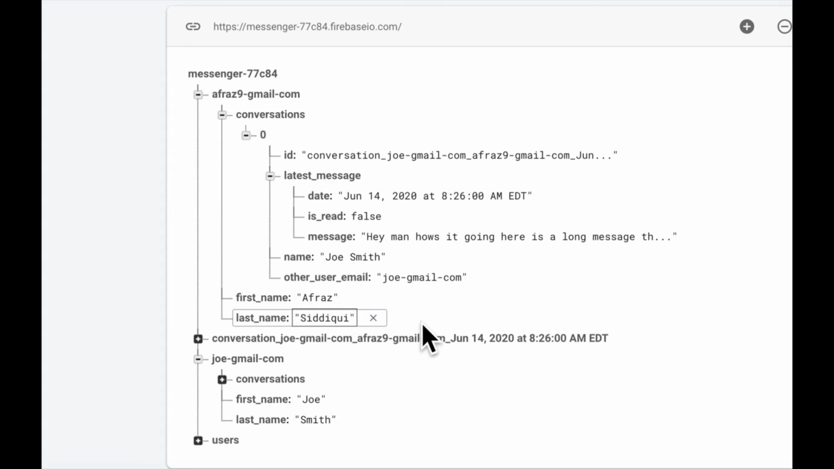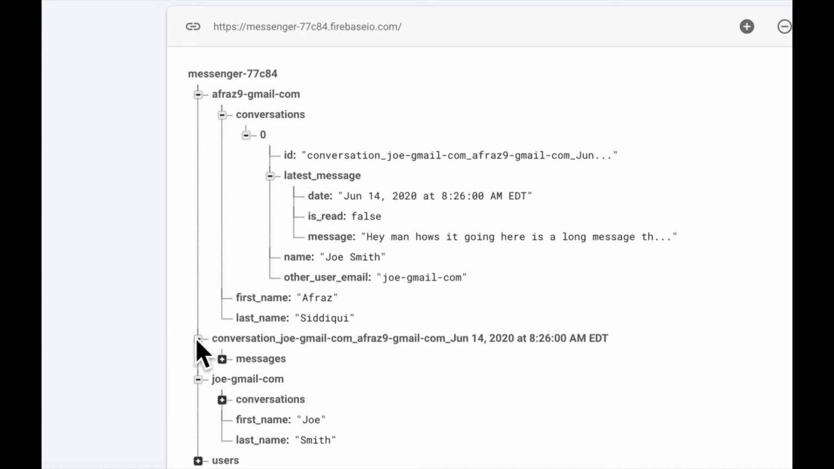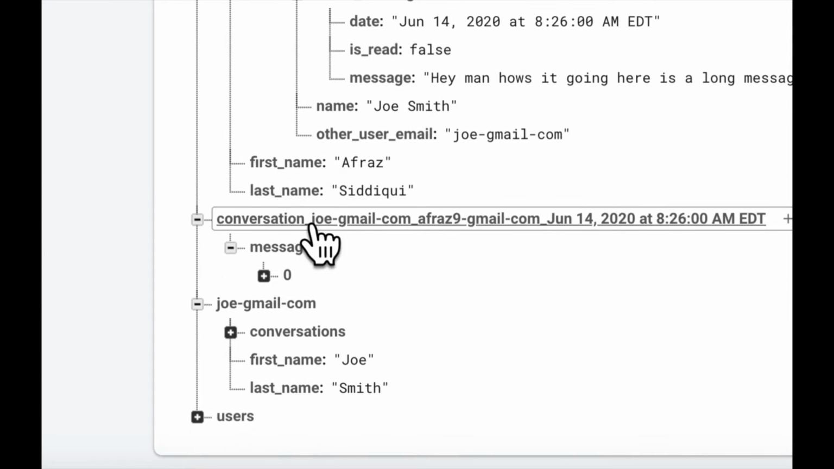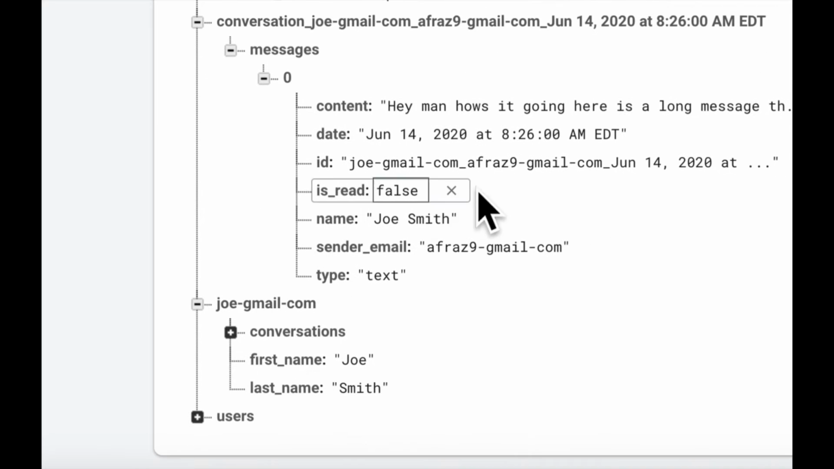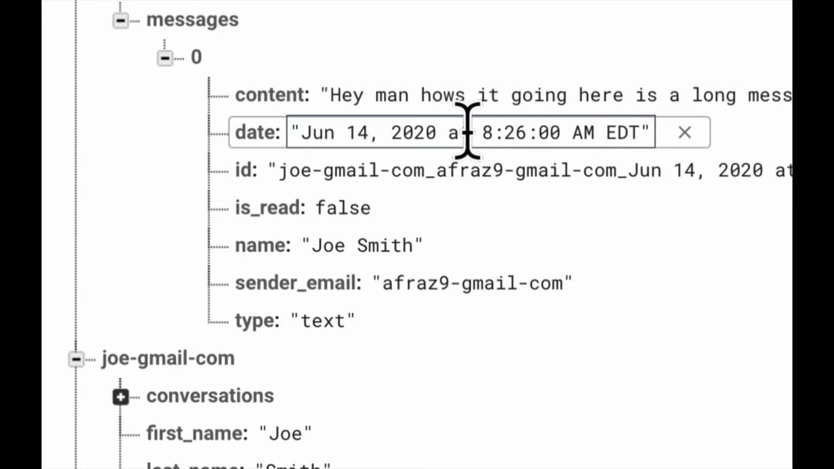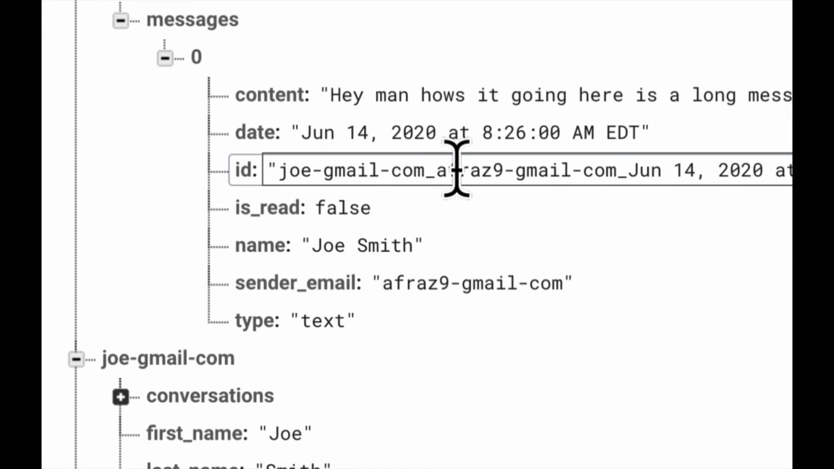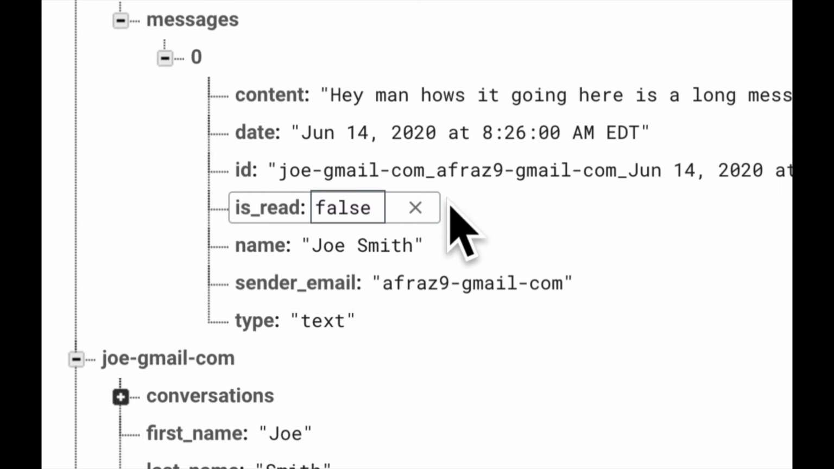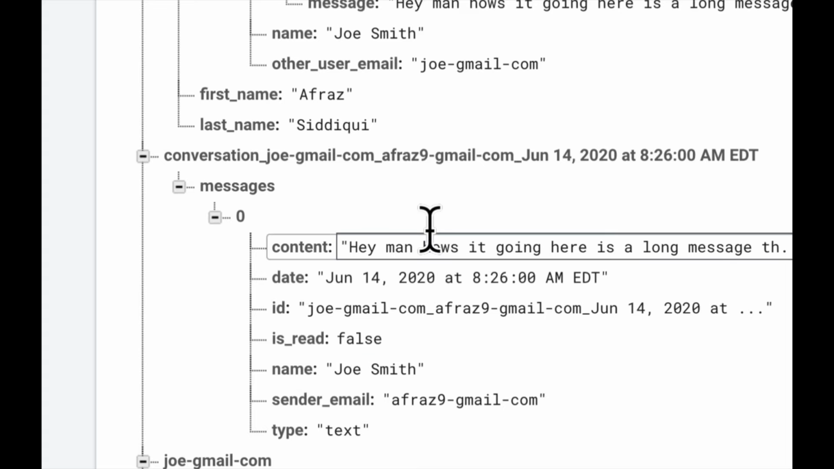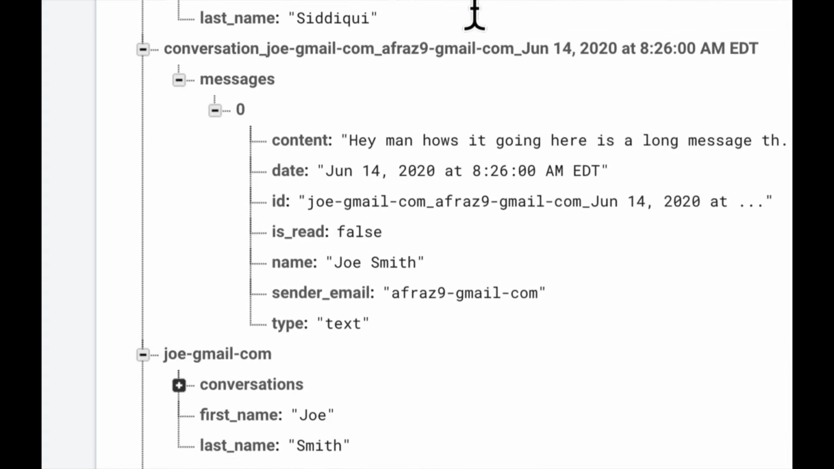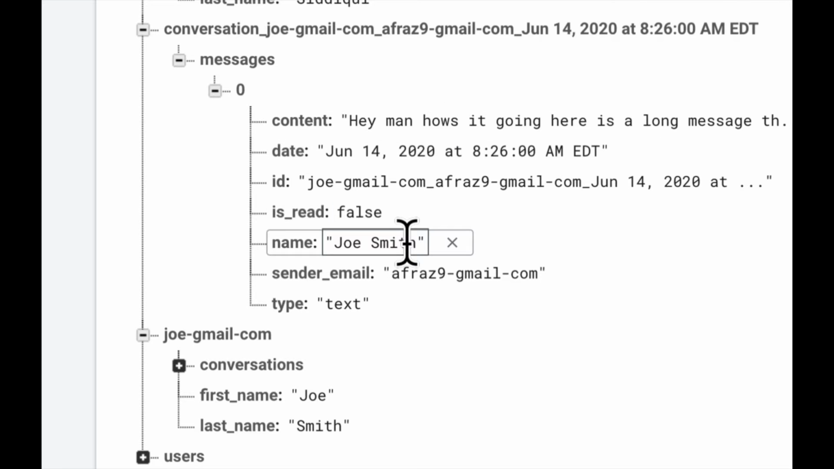because what we want to do is a few things. When a new message is sent, of course, we want to put that message into the array of messages for that conversation ID, so we need the conversation ID. And that new message needs to have content, date, which is fine. It needs to have an ID, which is the message ID, which is cool as well. We have that. We'll have is read, and the name is, I believe, the sender, if I'm not mistaken. So name is the sender,